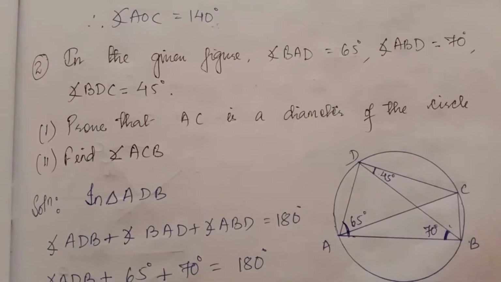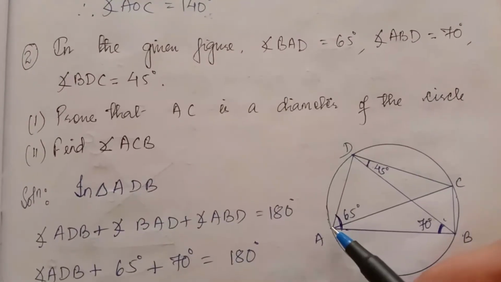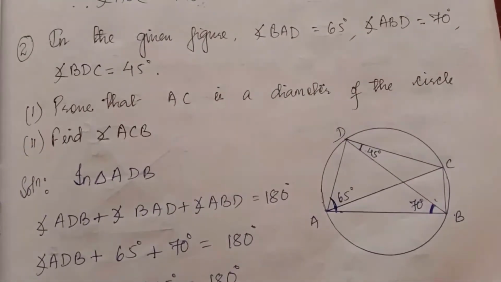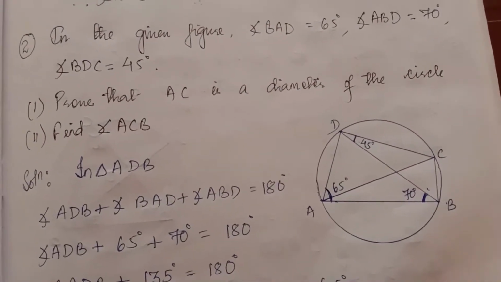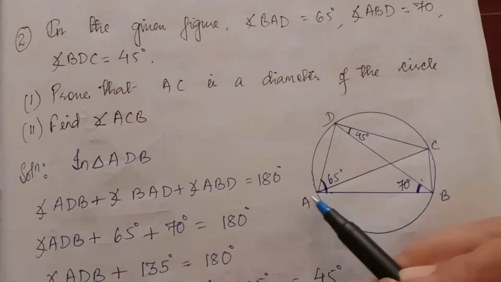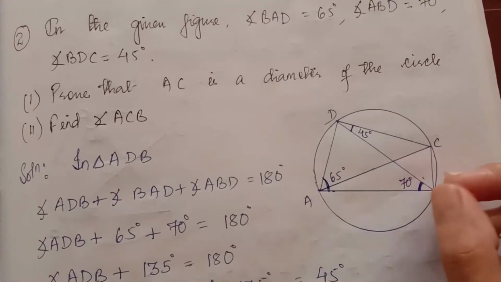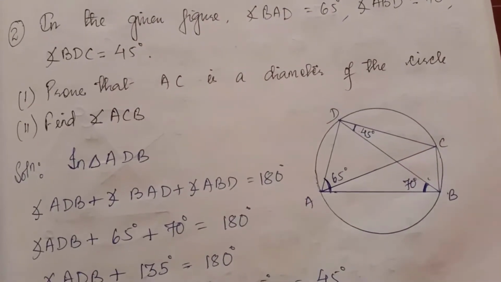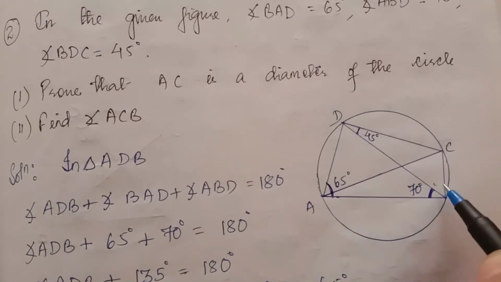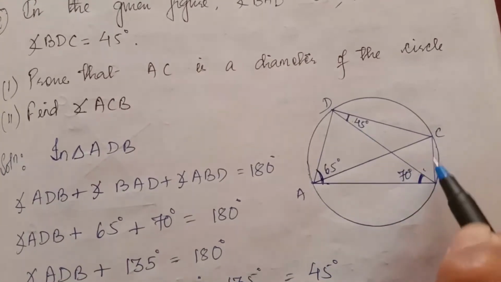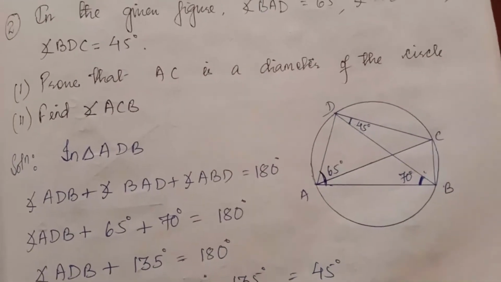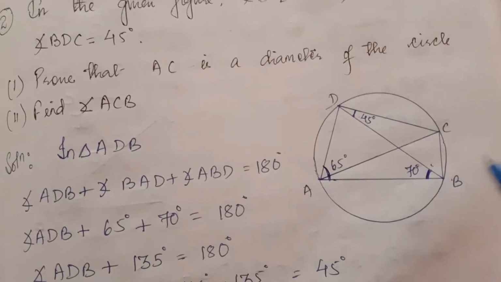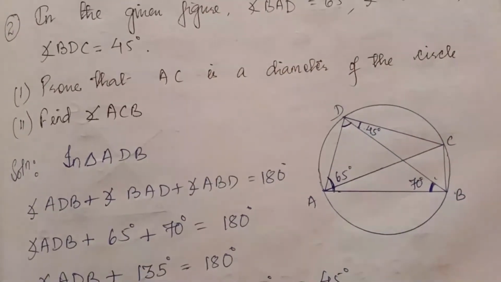Now we have to prove here that AC is a diameter. Means we have to prove this line is a diameter. So we have theorem 3, which states that the angle in a semicircle is 90 degrees. Means if this is a diameter, then either this angle is 90 degrees or this angle is 90 degrees. We won't be able to find this angle because it lies in this triangle and we have only one angle known. So we can consider this triangle, whose two angles are known. We can easily find the third angle.